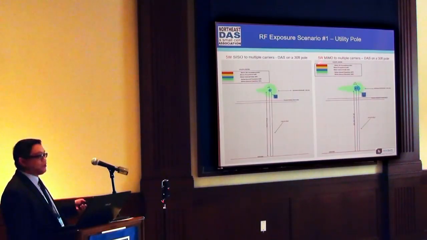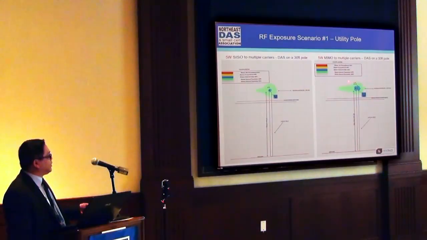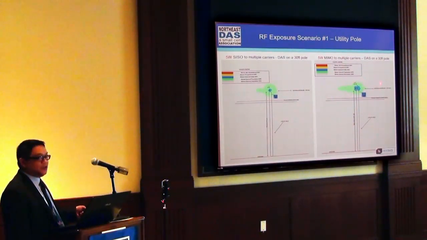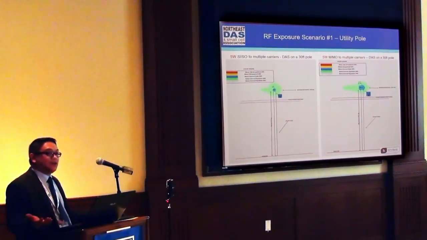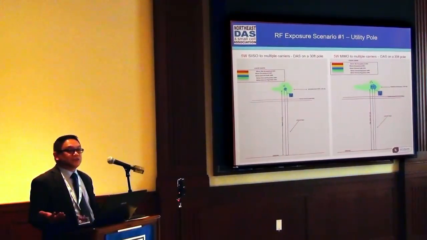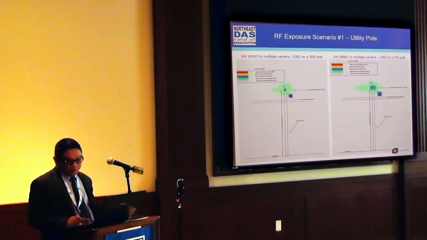If you do a MIMO system, you're basically doubling the power going into the antenna. And if you look at the compliance predictions, it also changes. Now, granted, it is still passing. You need to understand this because what happens if you actually put in a 20-watt system instead of a 5-watt? That changes quite a bit. And so the compliance requirements would then change as well.